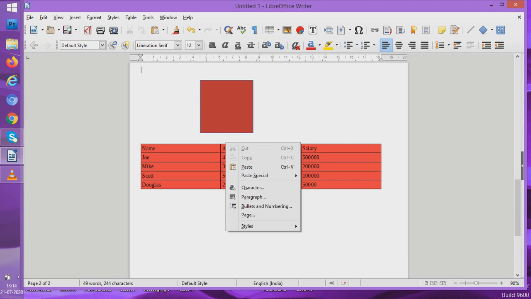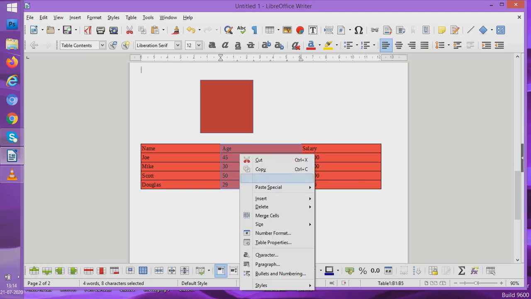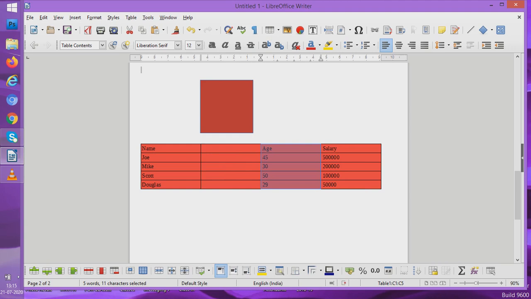I want to select it and I want to insert a given column. Now to the left or to the right? If I say to the left, a column would be inserted to the left. If you would have said right, the column would have been inserted at the right. You can write date of joining, anything you want to give. And now you can give some dates. So these are the different dates you can give.